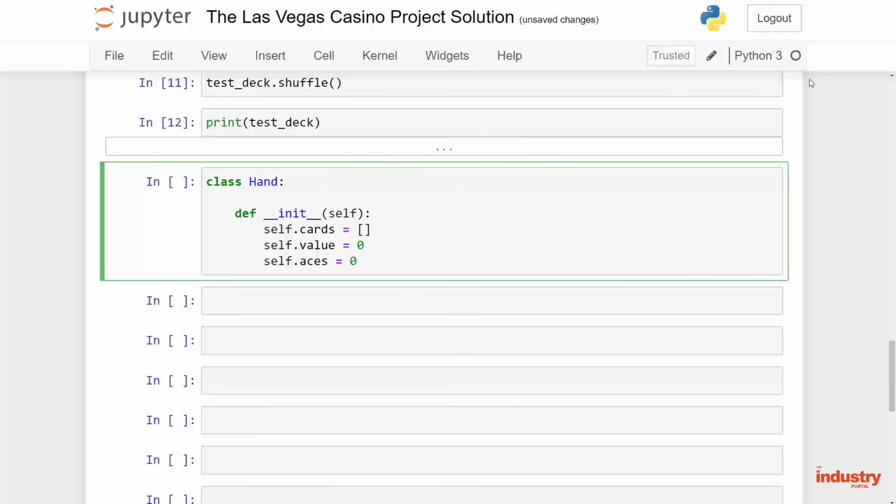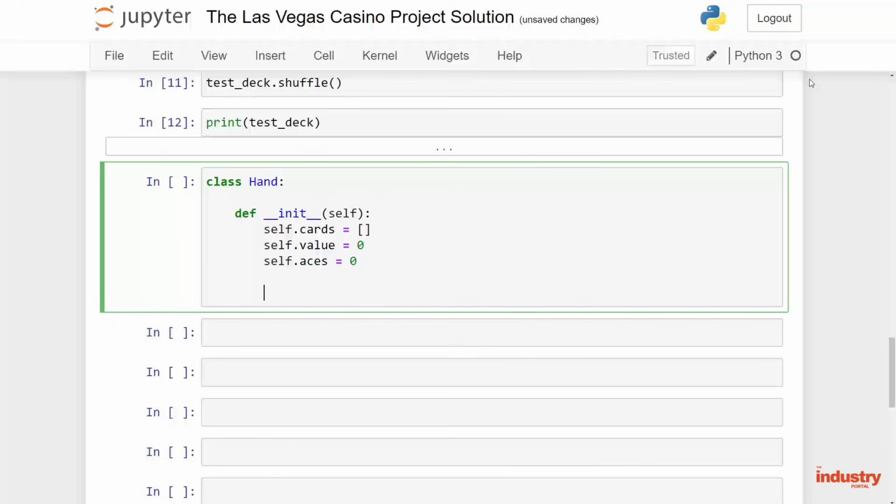So we now have an attribute that tells us how many aces we have in our hand. Okay, so that's a good start, but this hand would never have any cards in it if we just left it like this. So we need to create a method that enables us to add cards to an individual hand. So we can create a method called